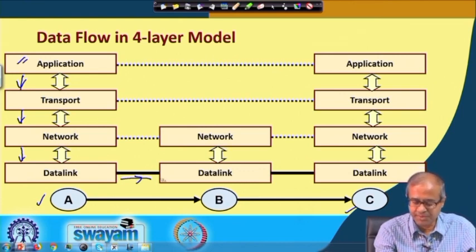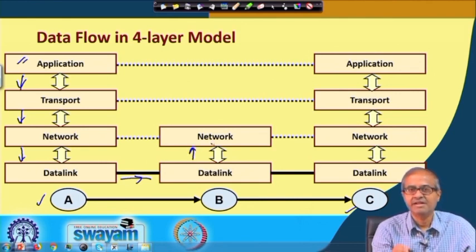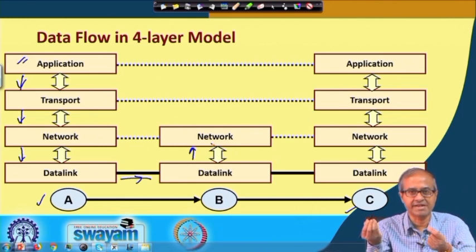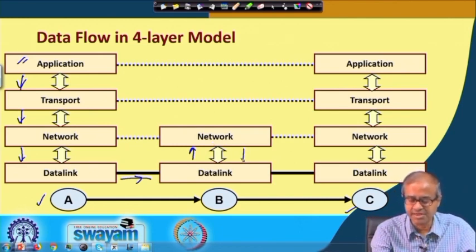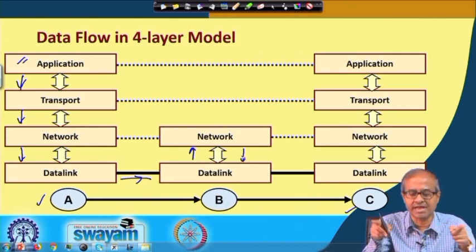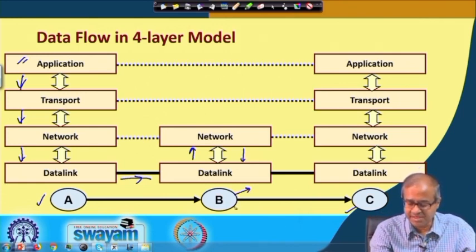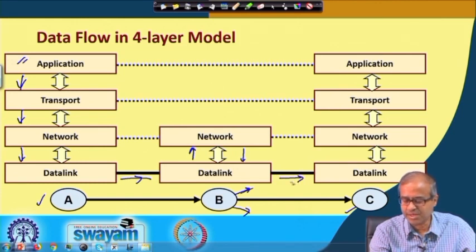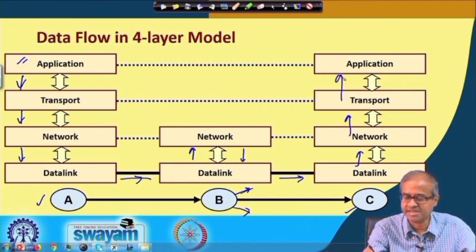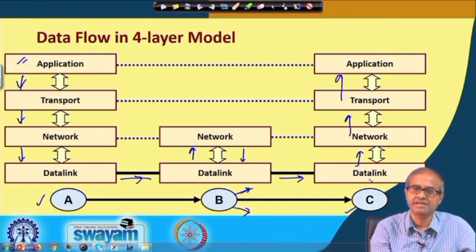Now, this intermediate node B receives the frame here, sends it up to the network layer, takes a decision where to forward the packet next, and accordingly sends it down to the data link layer of the outgoing link. B may have several outgoing links. There will be one data link corresponding to every outgoing link. So, it will send it out to the data link corresponding to the correct outgoing link, and the frame will be going there, received, and it will traverse the reverse direction and finally reach some application in the destination